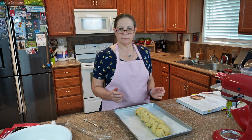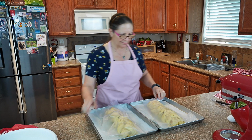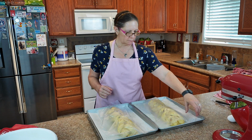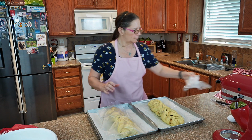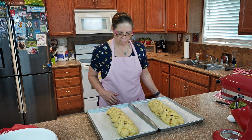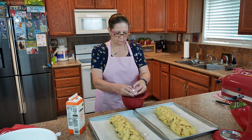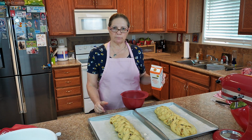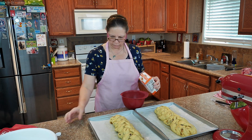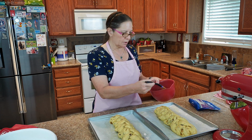Now these have to brew for another 30 minutes until they get puffy. They're heavy. Okay, it's been half an hour and they've poofed up a bit. For the egg wash, I need 1 egg, a teaspoon of whole milk, and some sliced almonds. Whisk the egg, brush with the egg wash,